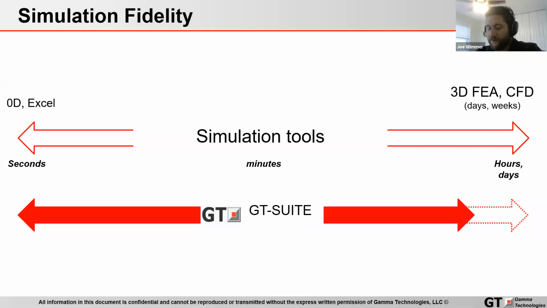But again, not only is GT Suite multi-physics, but really the differentiating factor of GT is here. We just have a very simplified spectrum talking about all the different simulation tools that might be out there, where things might take either seconds to simulate. Maybe you have internal Excel scripts that do simple calculations. Maybe you have Simulink, all the way to the right where it might be 3D finite element analysis,